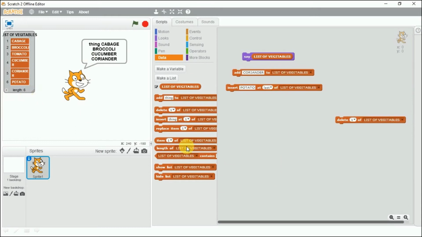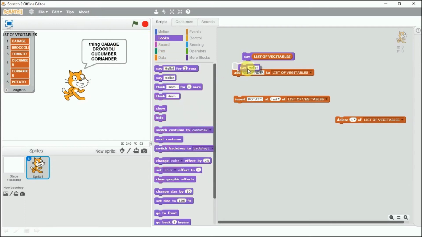One by one you just keep adding an item to the list, but the insert block gives us an option to add the desired item at a particular location. So if you want to add an item at a particular location, you can use this block. Adding and inserting will change the number of items in the list. So we have one more block here.